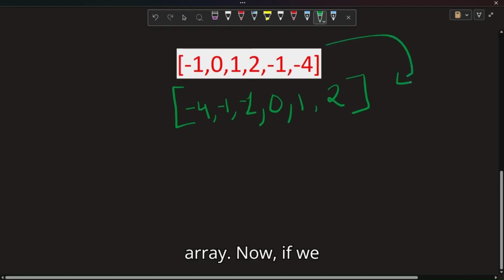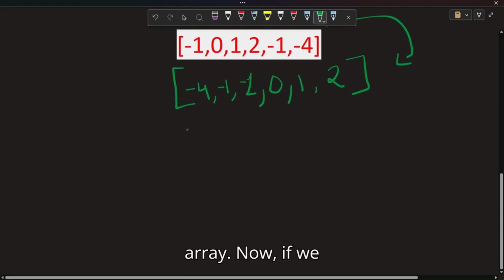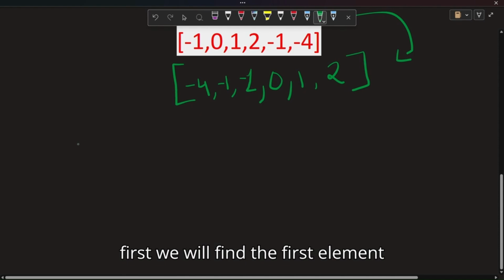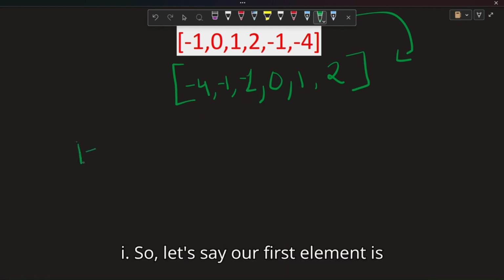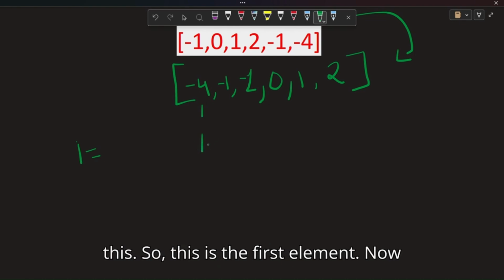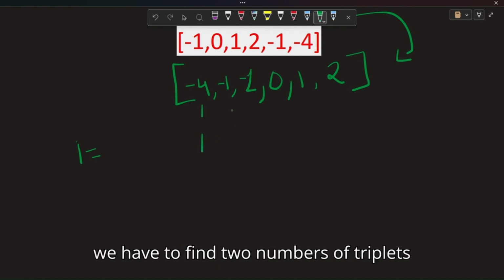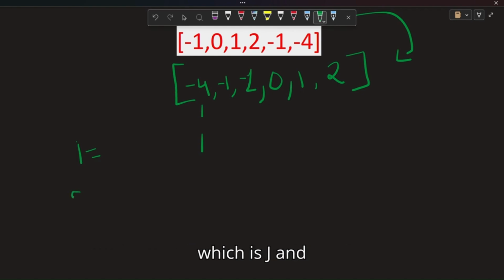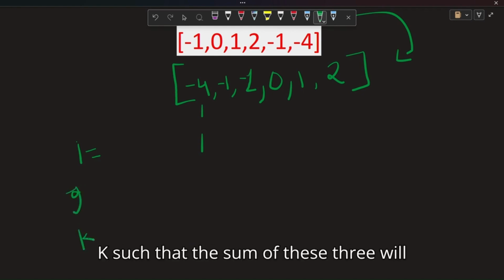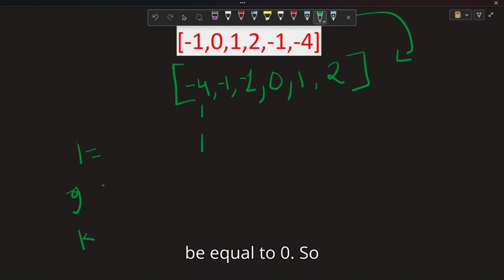Now first we will find the first element, which is i of the triplet. So let's say our first element is this. Now we have to find two numbers of the triplet, which are j and k, such that the sum of these three will be equal to 0.